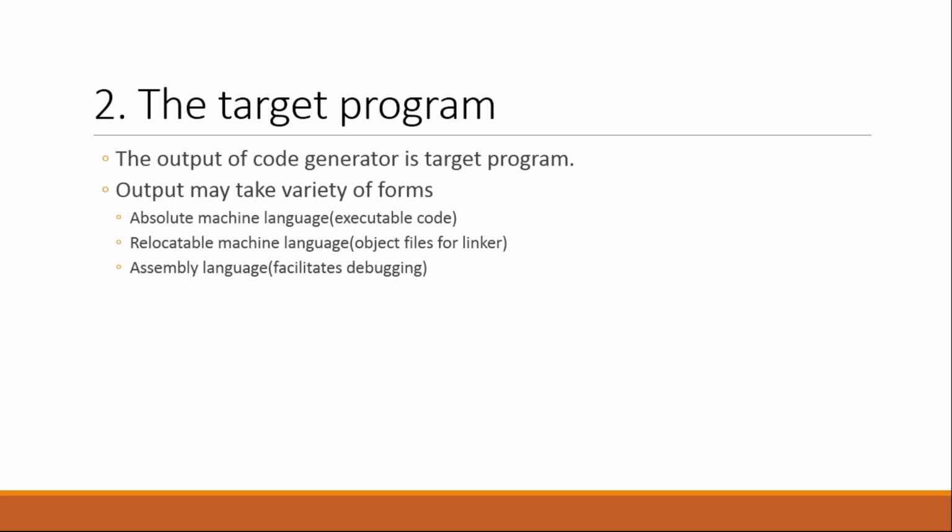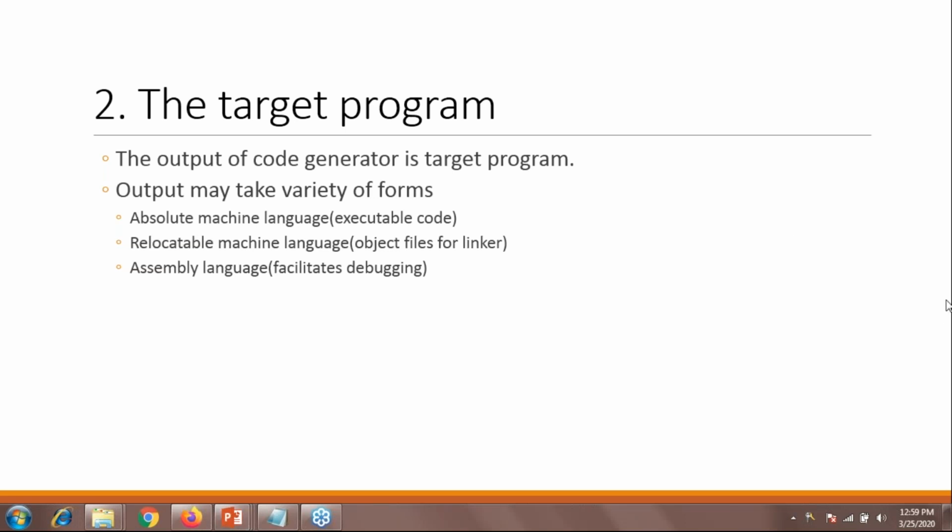That fixed memory location means it is directly connected with your target level code, or with your output memory locations. Then what is relocatable machine language? It is the type of object file required for my linker. It allows your subprograms to be compiled separately, so different pieces of code may be stored at different places in your code.